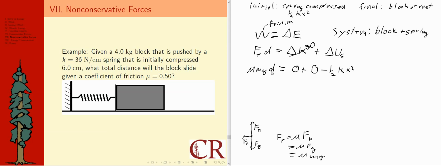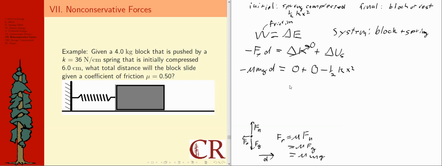One issue, though, that I may be mistaken on here is, should this work be positive or negative? Recognize that the direction of the displacement of the block is to the right, but friction is to the left. So I should have had a minus sign in here all along. This is a negative work due to that. So let's make sure to include that. And that'll make sense because at the end of the day, I've got minus mu mgd